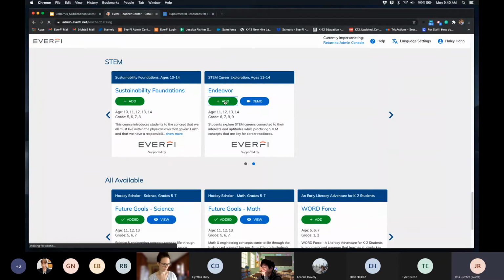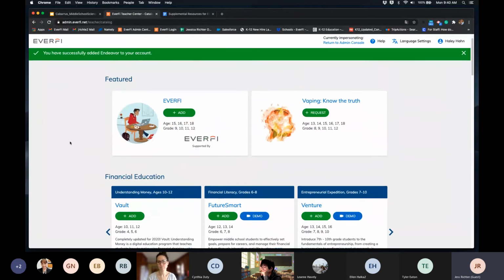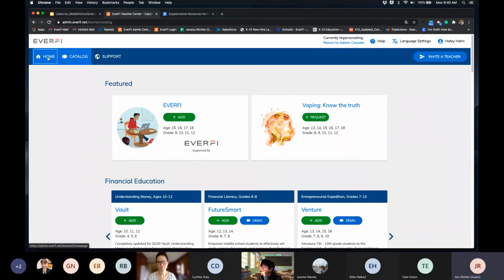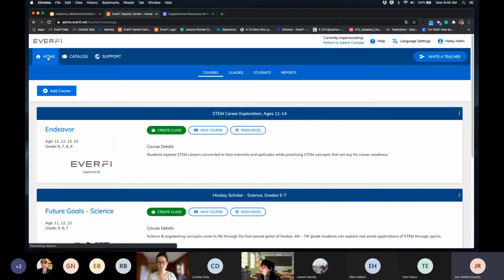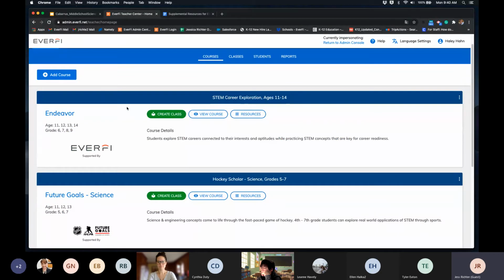It should get me a green check mark that says you've successfully added that course. Now you can continue to add more courses, but I'm going to go ahead and go back to my home page so I can show you all some additional ways that you can interact with these courses. So once you have a couple of the resources added to your dashboard here, now you can interact with them